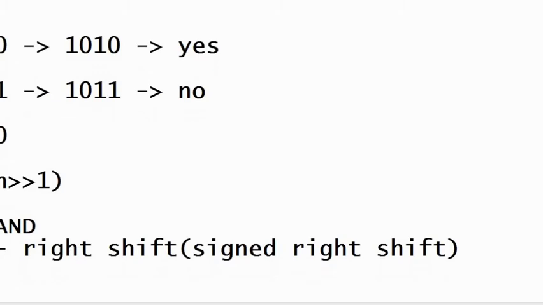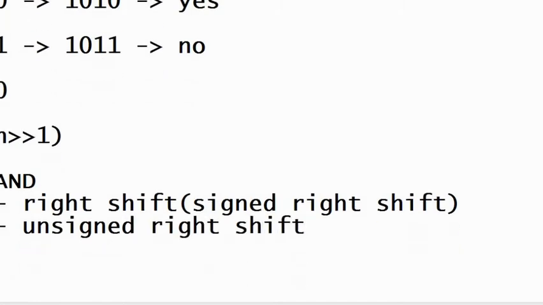whereas this operator is the unsigned right shift operator. We don't have much difference between these two operators, but in this optimized solution we'll be using the normal signed right shift operator. So how does right shift work? Right shift takes the number as a binary representation and, for every right shifting, shifts one bit to its right. So for example, let us take 10.